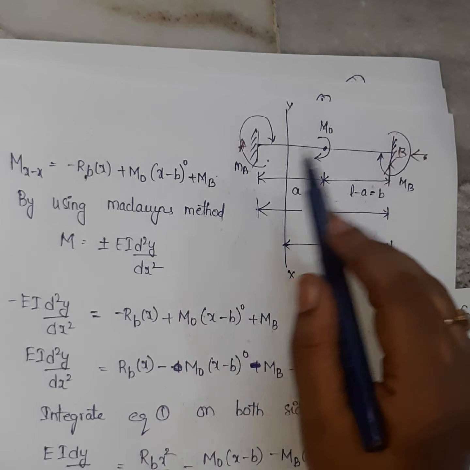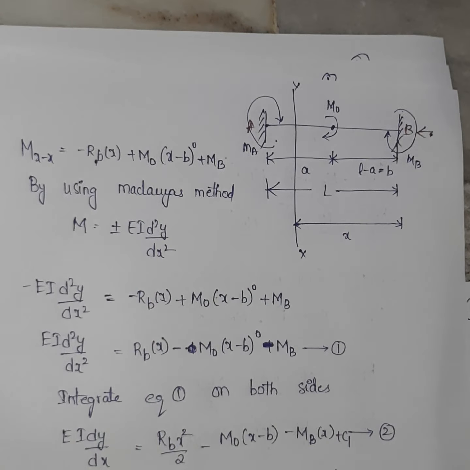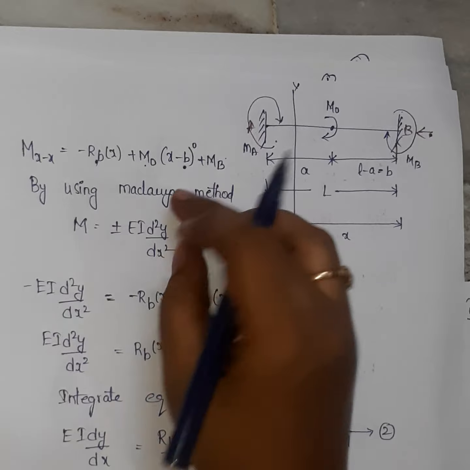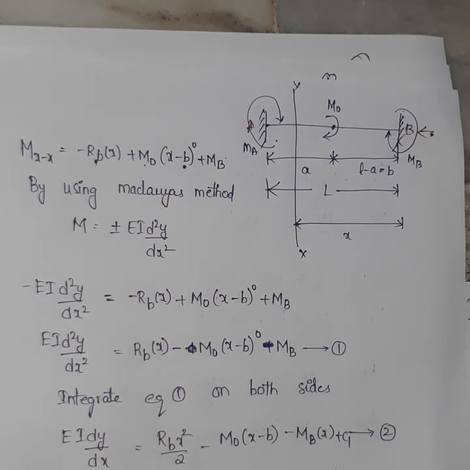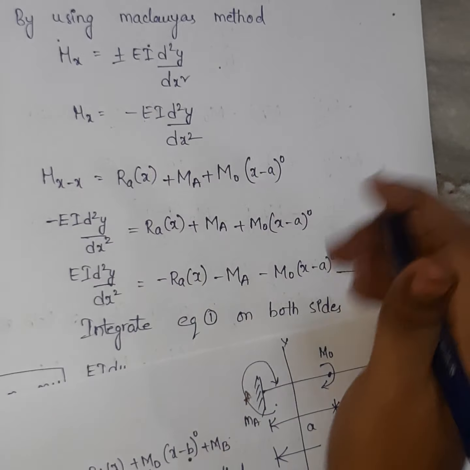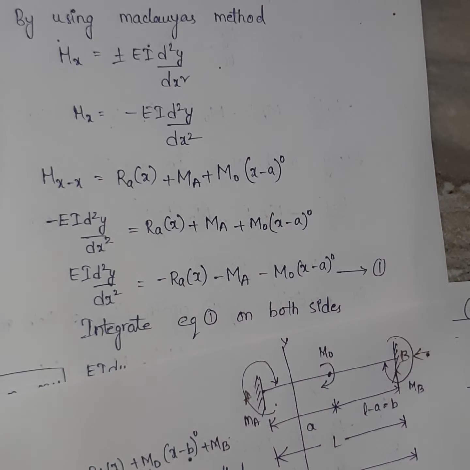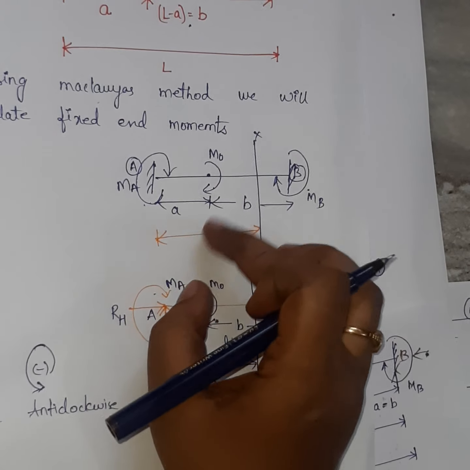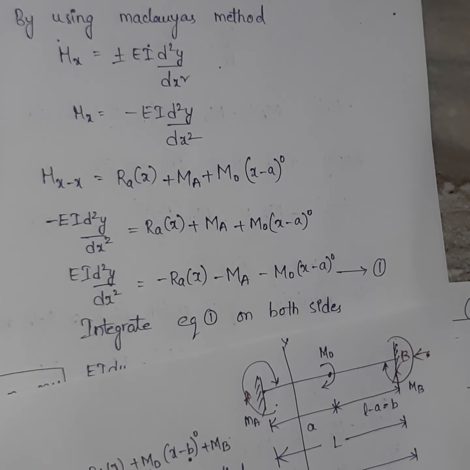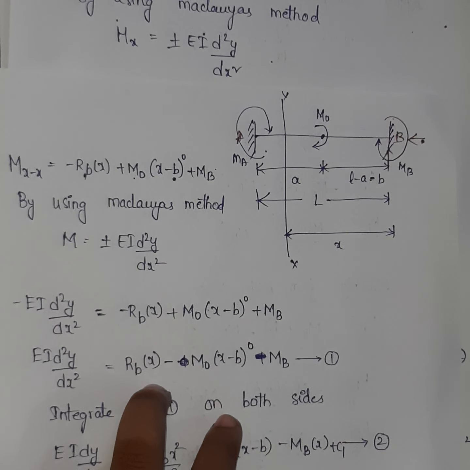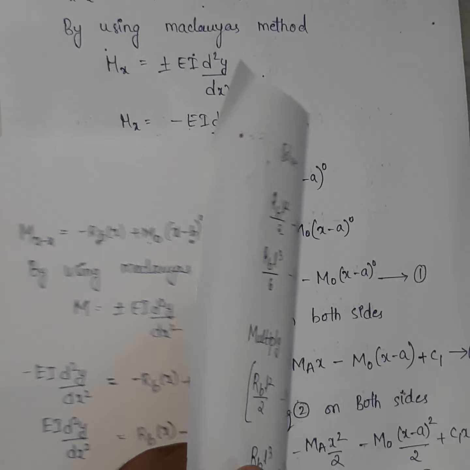So plus MB. For Macaulay's method, the couple moment should be multiplied with some distance, so I have written (x minus b) power 0. In the previous case I wrote (x minus a), because it is at a distance from left to right. Here the section is taken from right to left, so I have written (x minus b). If you solve with the same process, you will get,